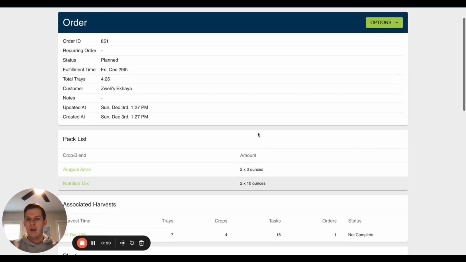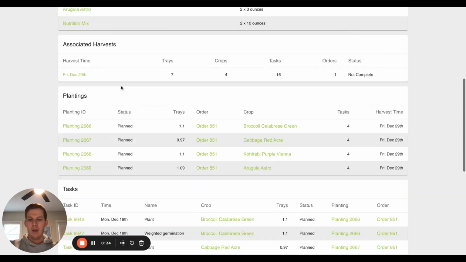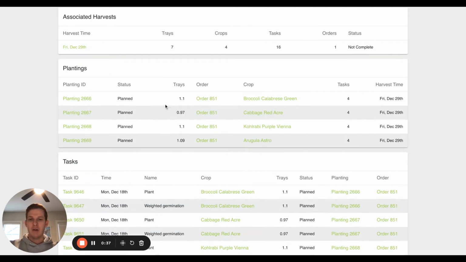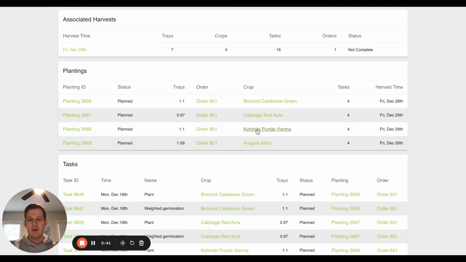If we click into it, first off, we can see that the total number of trays associated with this order is 4.26. We'll call this type of tray count a fractional tray count because there's 26 hundredths, or about a quarter of a tray worked in here. If we scroll down, we'll see more fractional trays for each of the crops that we need. In this case, these three, broccoli, cabbage, and kohlrabi, are for our nutrition mix, and the arugula is for the